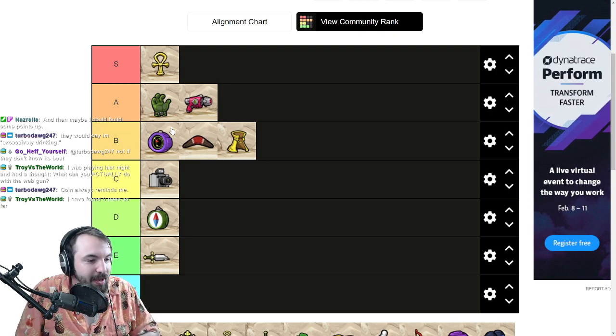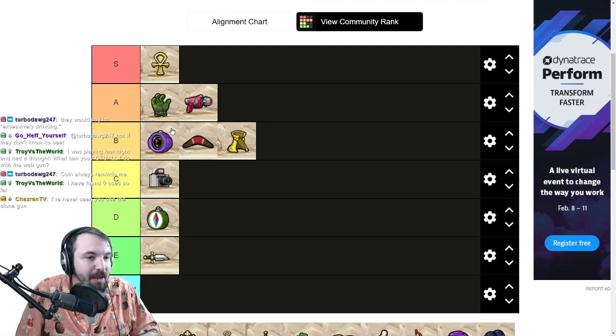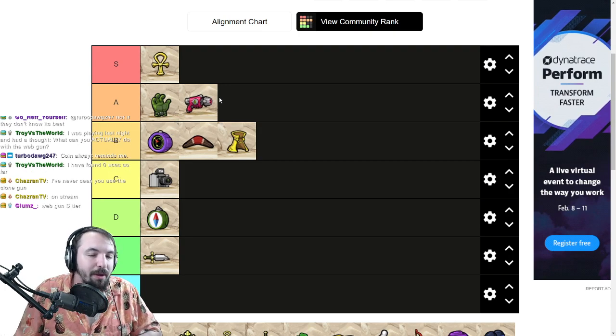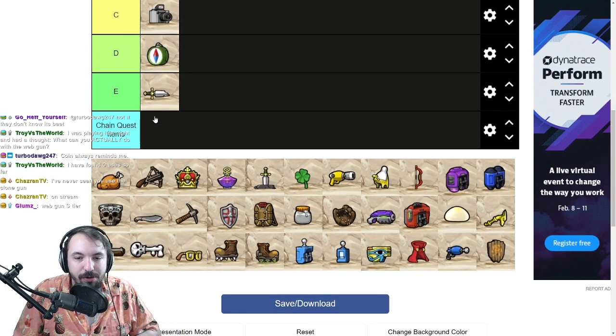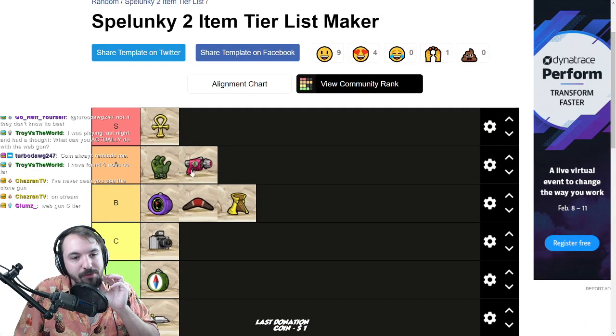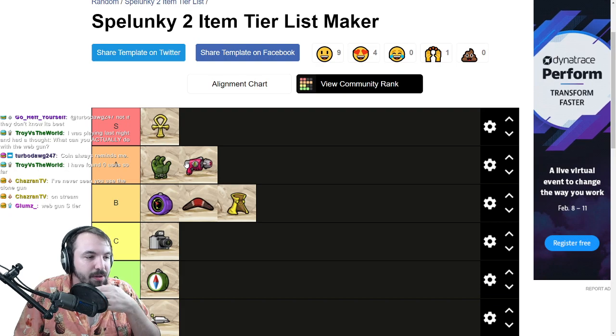You're playing last night and you had a thought. What can you actually do with the web gun? The web gun will stop shopkeepers. We'll talk about the web gun when we come to it. It's at the bottom of the list, I'm sure. I have an idea of where I'm going to put it. So I think putting it here...